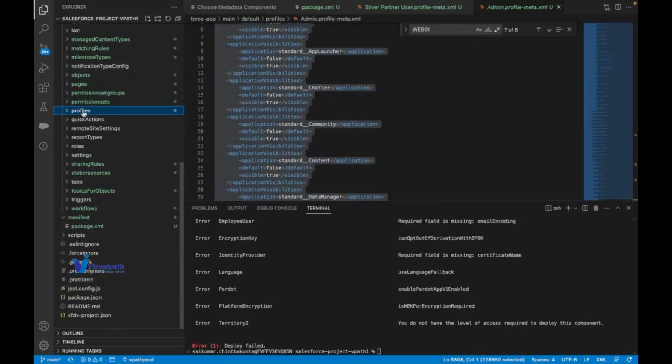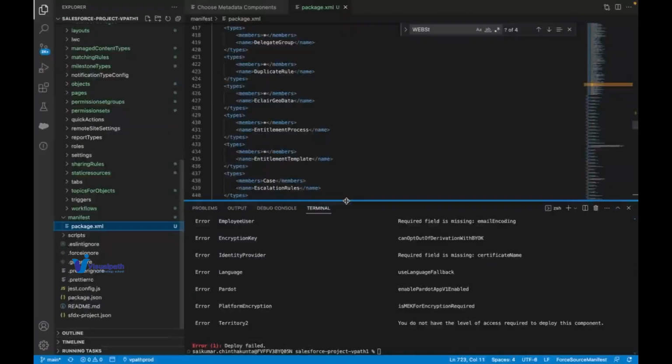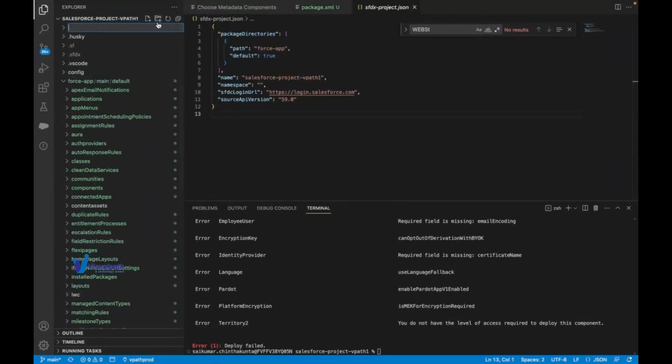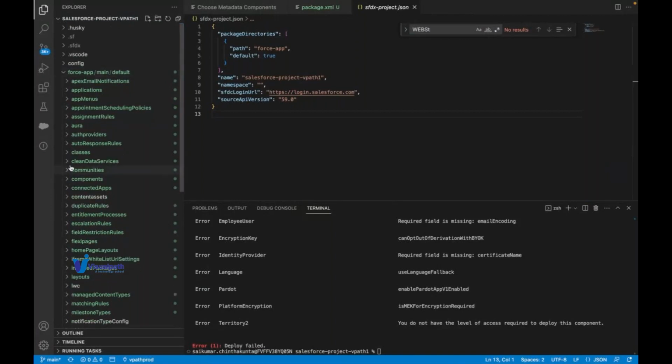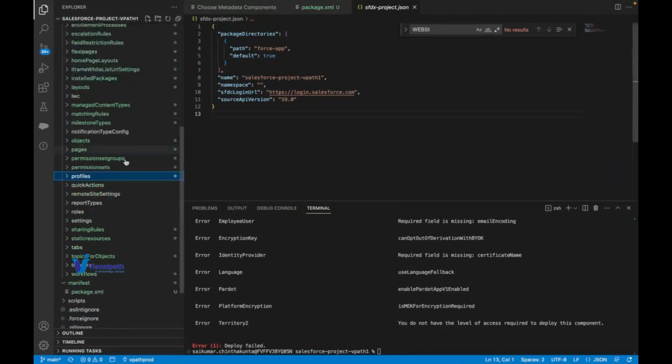I will delete this particular folder, and let me add back the profile folder again to include only the admin profile. Earlier we had the profiles folder inside this default folder in the force folder. So I recreated the profile folder, and here I will create a new file and name it admin